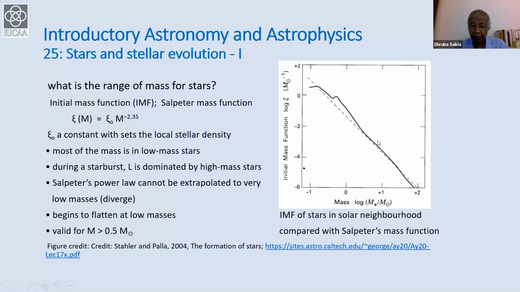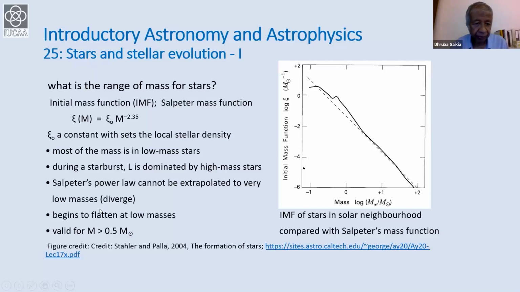But if there is a period of intense star formation, then the luminosity could be dominated by the high mass stars, because they are extremely luminous, but they also have short lifetimes. So when you look at any stellar population today, you will find even fewer high mass stars than what the initial mass function tells you, because they would have